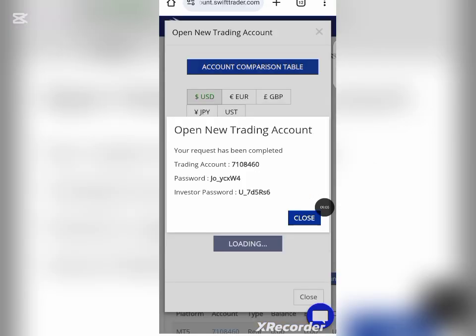So as you can see, your account has been completed already, but it has not been funded, which means that you haven't received your no deposit bonus yet. But this is our login credentials for our MT5 trader app. All right, this is it. So now I'll be showing you how you can get the free $50 no deposit bonus inside your account.